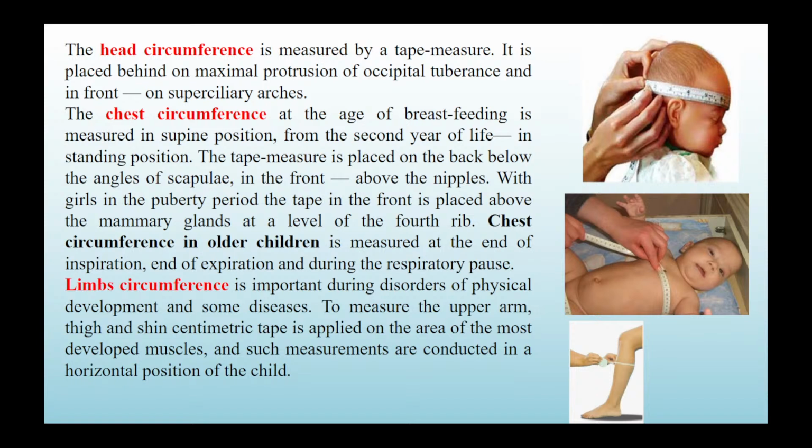With girls, in the puberty period, the tape in the front is placed above the mammary glands at the level of the first rib. Chest circumference in older children is measured at the end of inspiration and of expiration and during respiratory pause. And on average, we